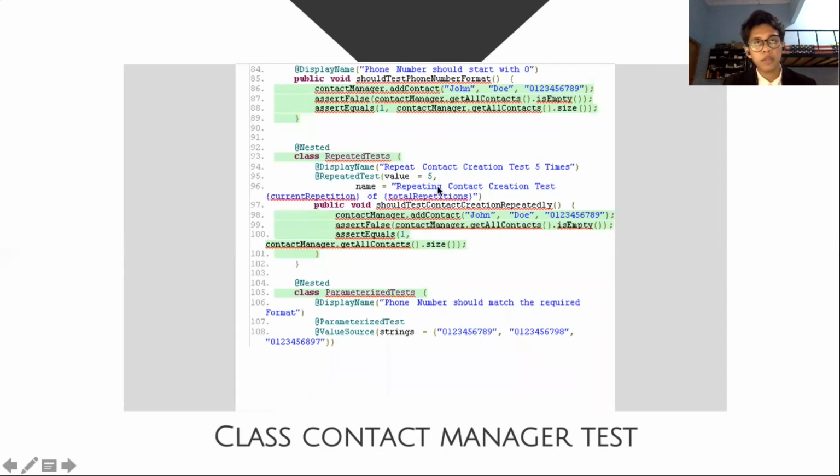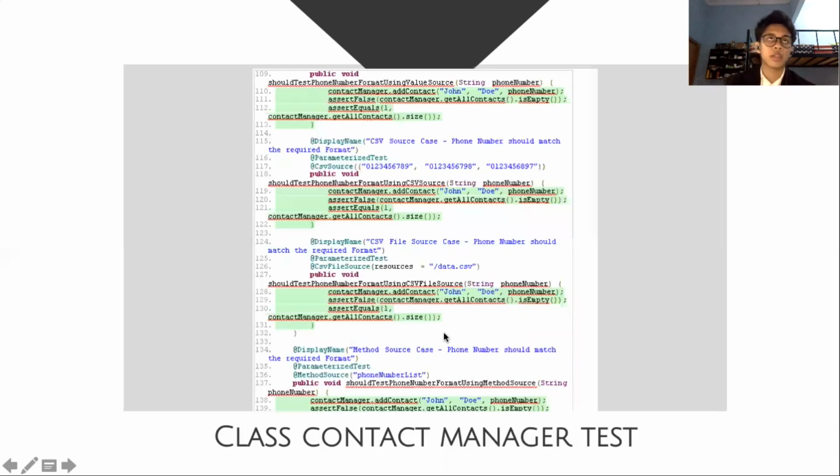And after that, I also have a parameterized test, with the display name phone number should match the required format. The arguments that are being passed to this method are all digits, exactly 10 numbers long, and it starts with exactly the 0 character.